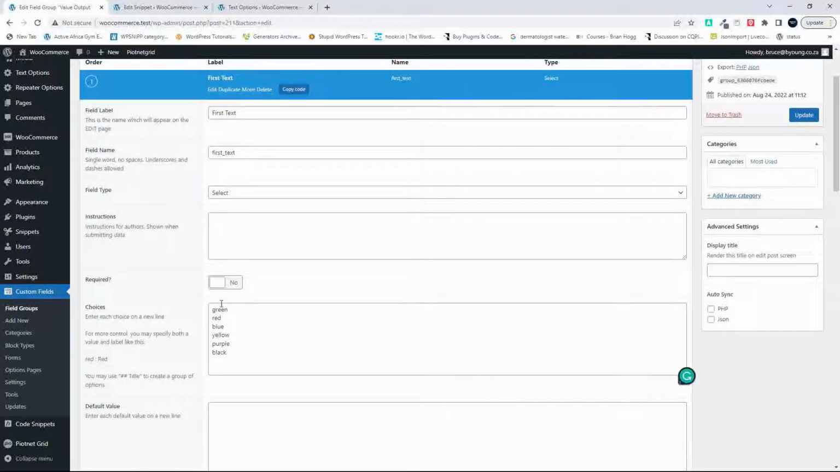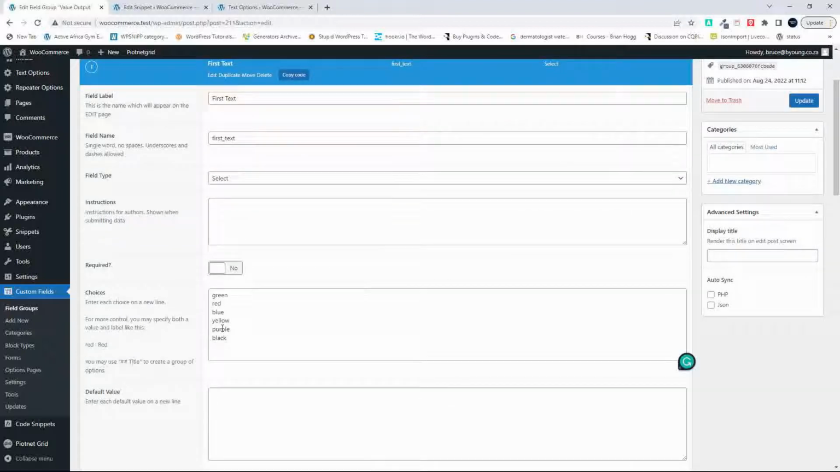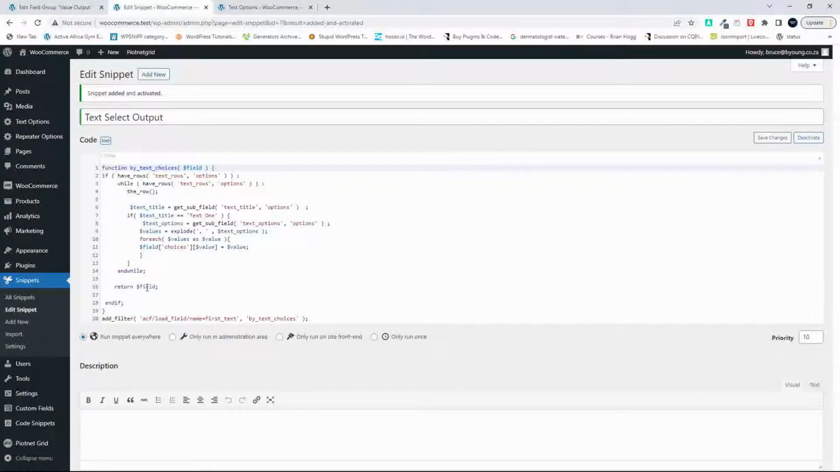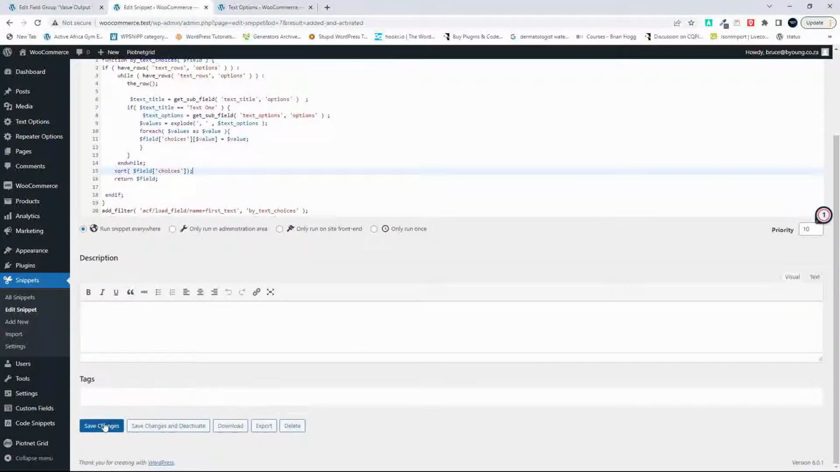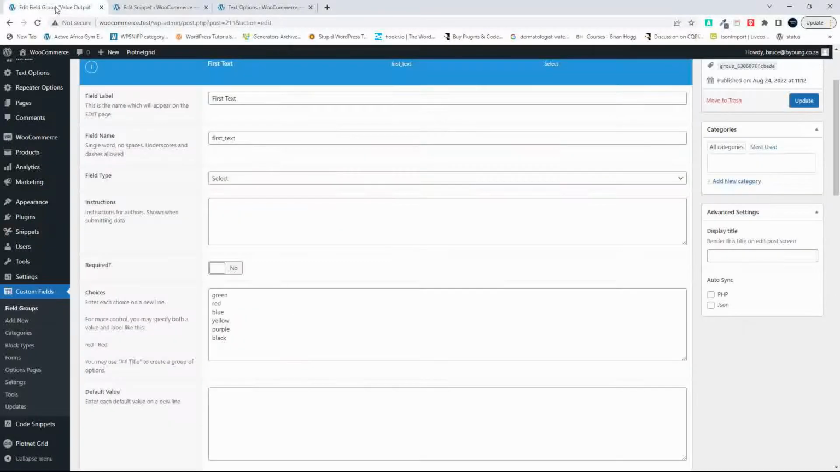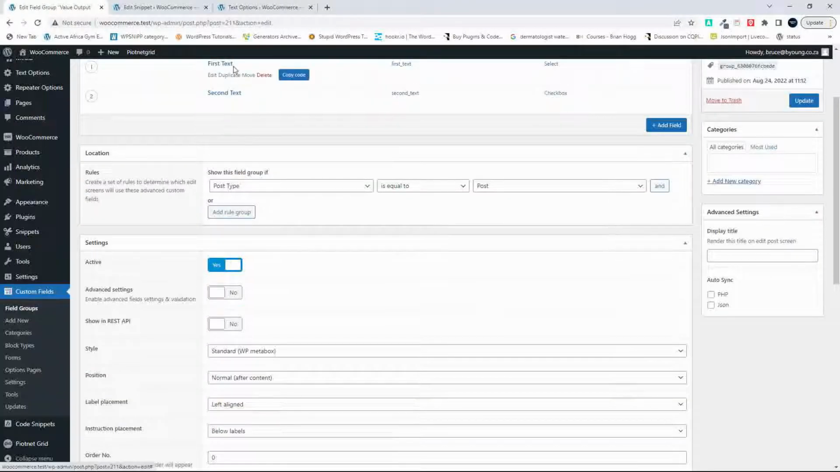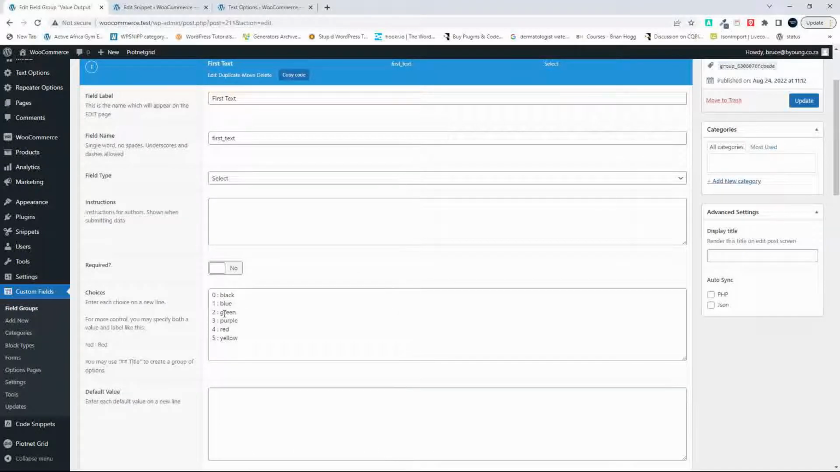Now, I'm not happy about the fact that they're not in alphabetical order, because this is really hard to read. So what I'm going to do is go back to my function here, and I just want to sort these values before they return. So what I'll do is go sort, and what I want to sort is field choices. That is what I would like to sort. So save that, and now when I refresh, you will see that we now have black, blue, green, purple, red,